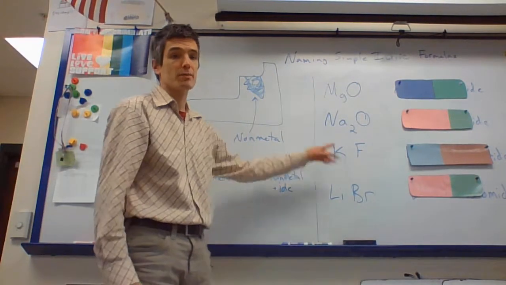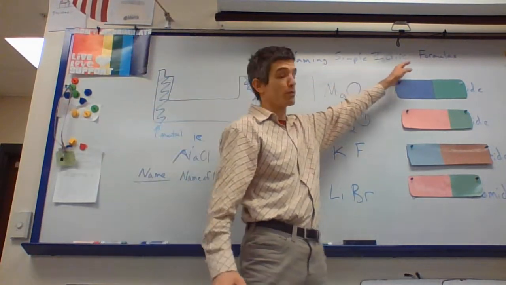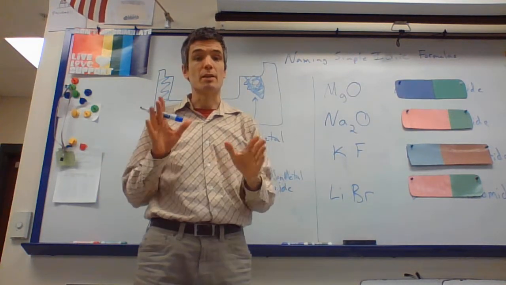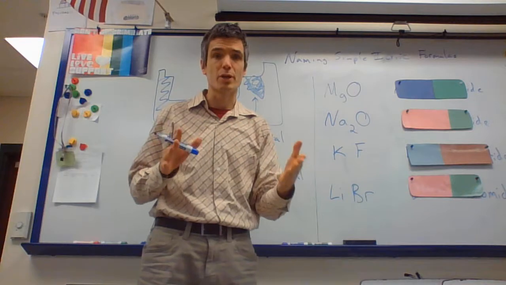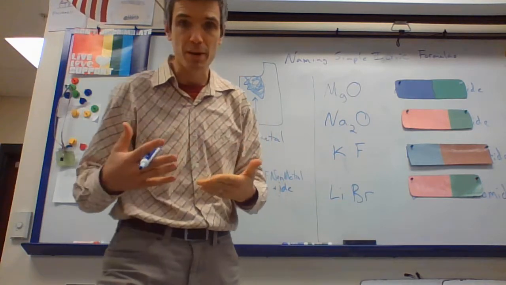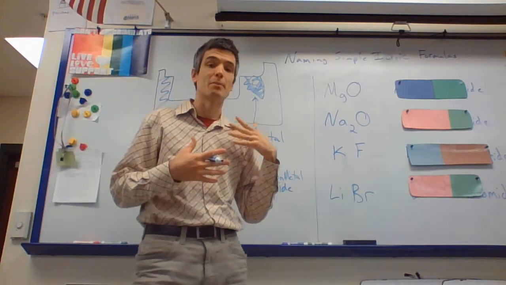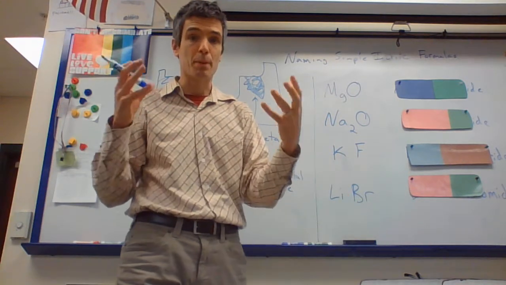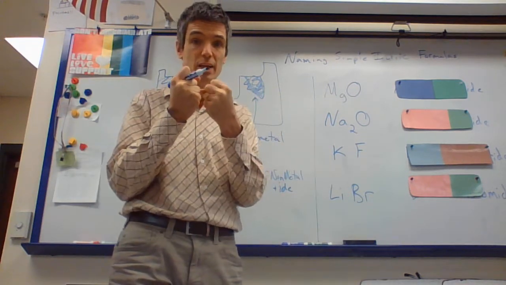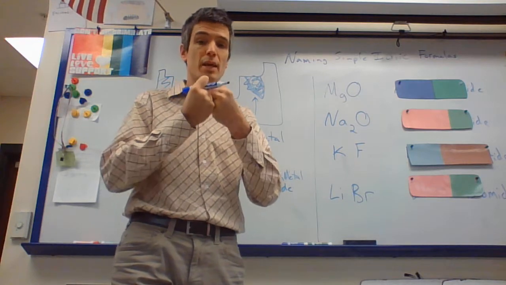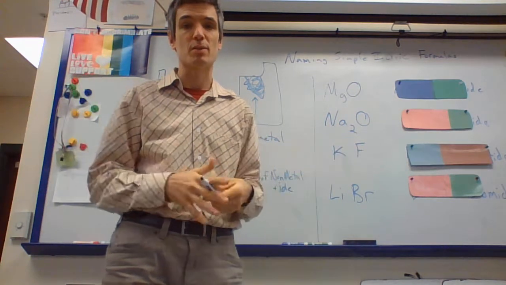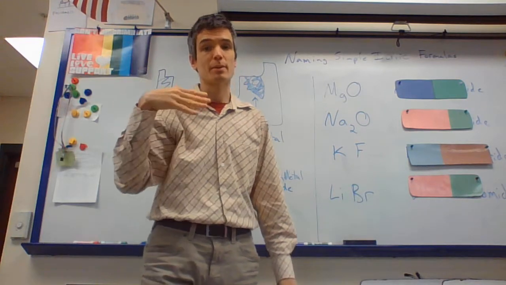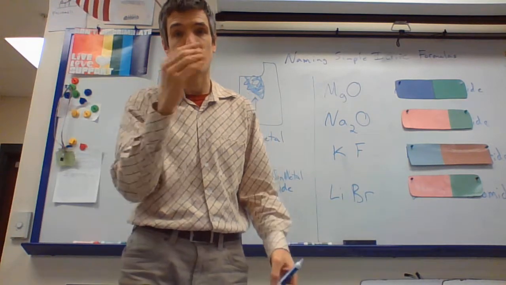Okay, the objective is for you to be able to name simple ionic formulas or compounds. Ionic means the elements have lost or gained their valence electrons, so they've become cations and anions, positives and negatives, and that positive and negative makes the atoms stick, and we just want to give it a name. The reason you have a naming system is so people in Topeka are talking about the same thing as you are, and it's the same formula,